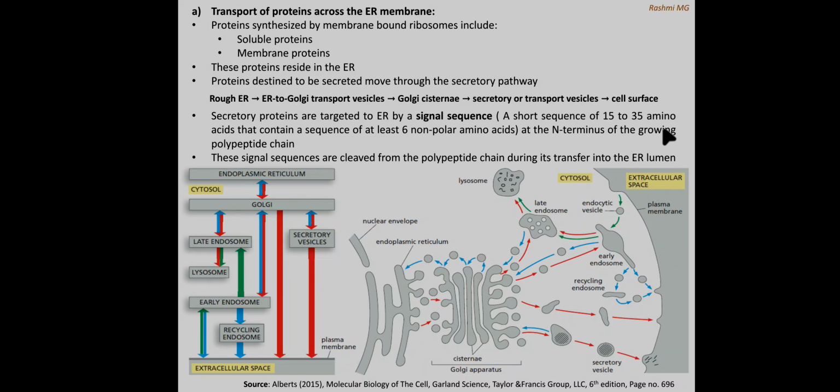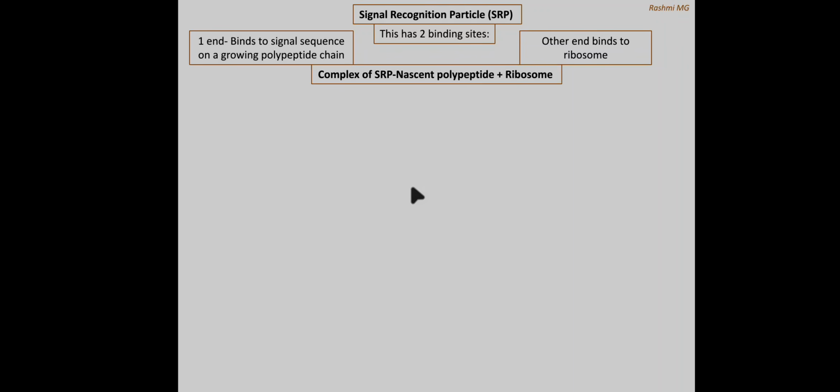A short sequence of 15 to 35 amino acids that contains a sequence of at least 6 non-polar amino acids at the N-terminus of the growing polypeptide chain. So this is a signal sequence. These signal sequences are cleaved from the polypeptide chain during its transfer into the ER lumen. Once it is transferred, the polypeptide chain will be detached from the signal sequence. How does it happen? There is a signal recognition particle